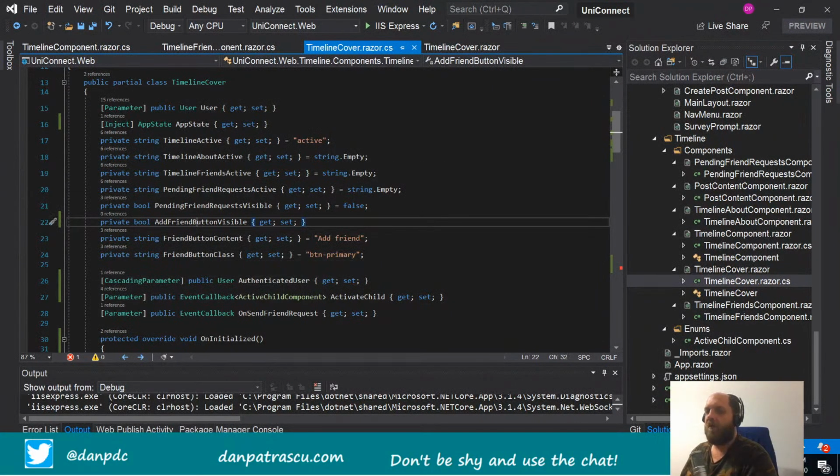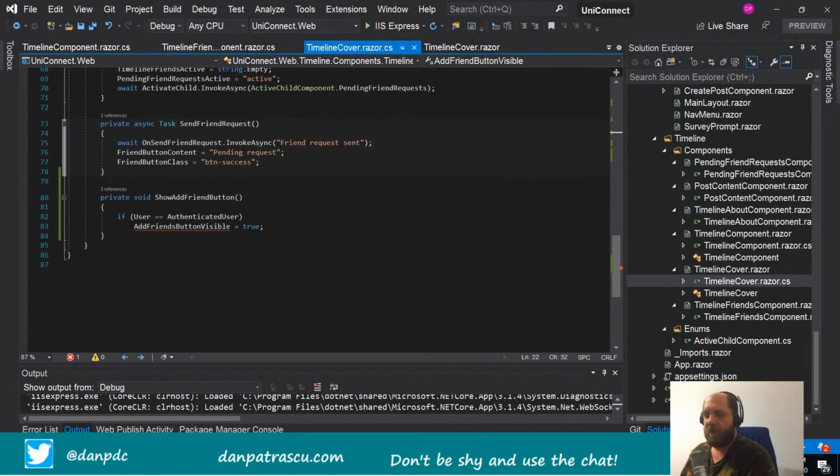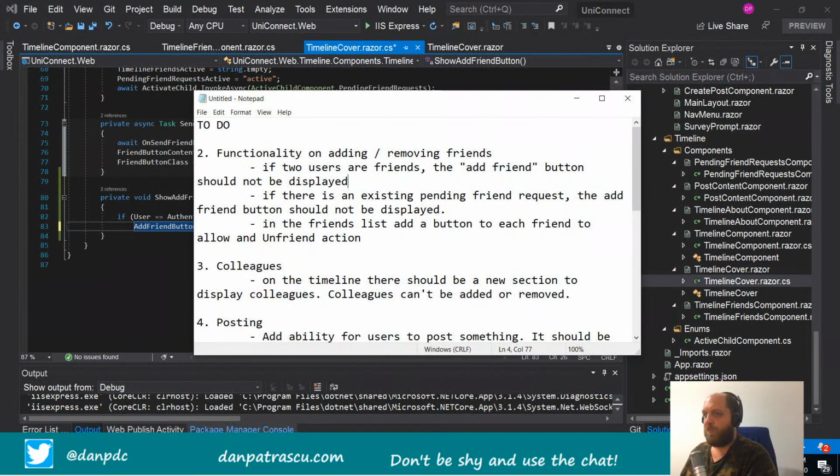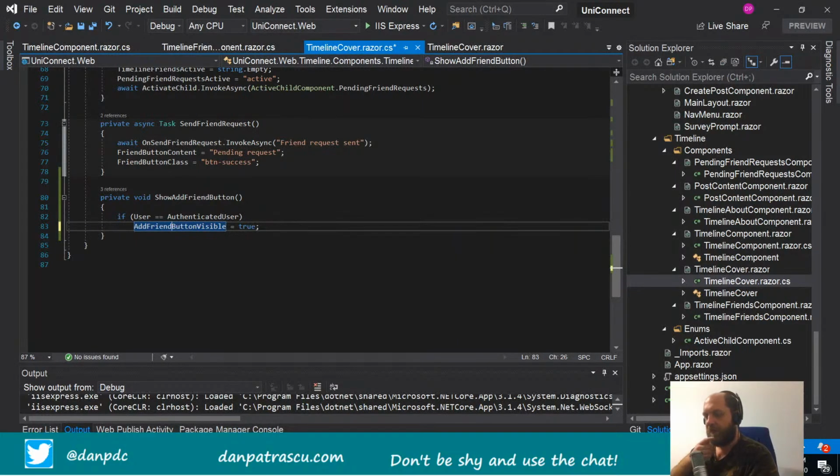Add friend, without the s at the end. Okay, so the add friend button is visible. But now the requirement is that we should also compute if the two users are different but are friends, so there is a relationship between them. Then we should also not display this add friend button. So in this case, what I will do is